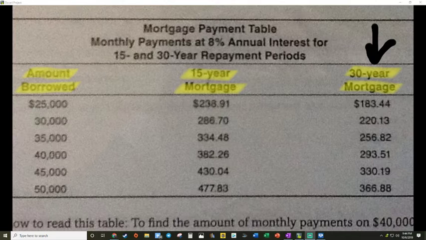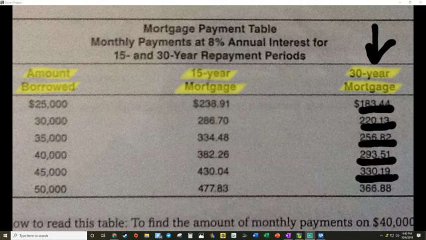They're choosing a 30-year mortgage, but they don't want to spend more than 350. So what we have to do is figure out, okay, what is the most they can spend or borrow while staying under their budget. All right, so we're going to go through here and figure out, okay, so 183 stays under 350, 220 stays under, 256 stays under, 293 stays under, 330 stays under. 366 actually goes over their budget. So 330 is the most